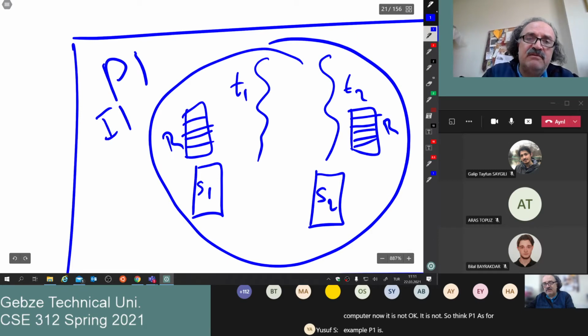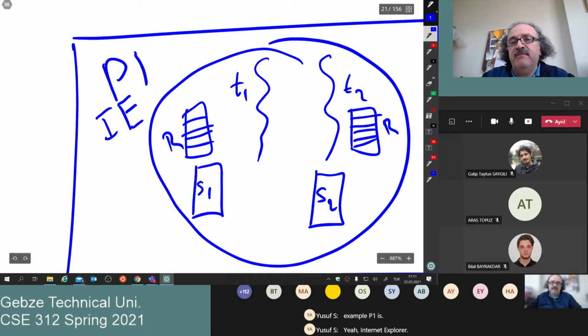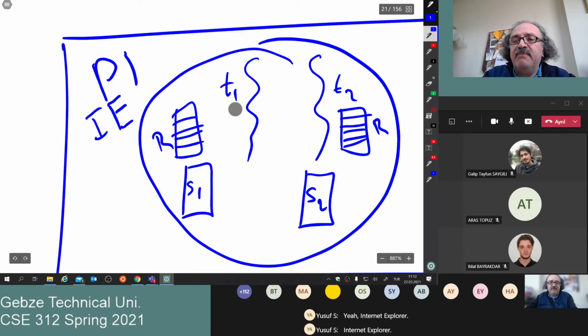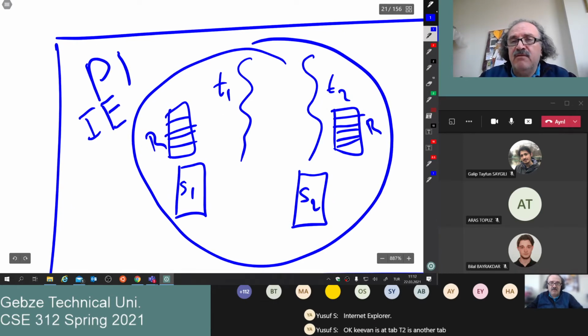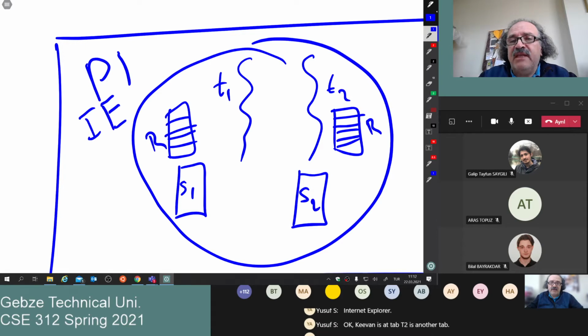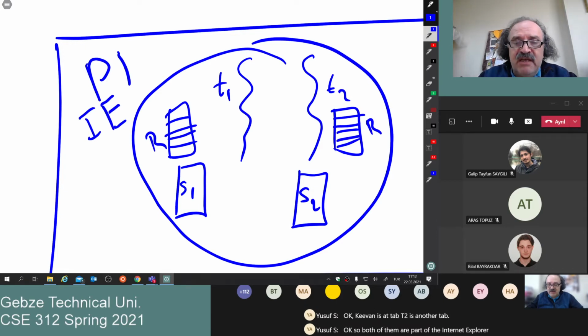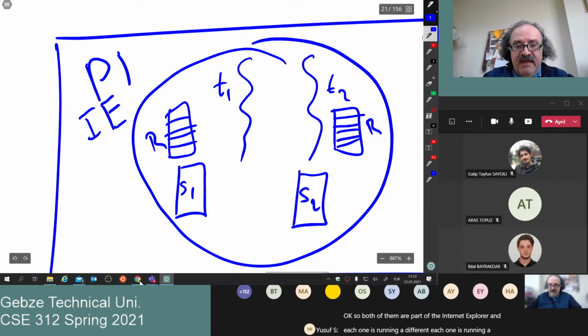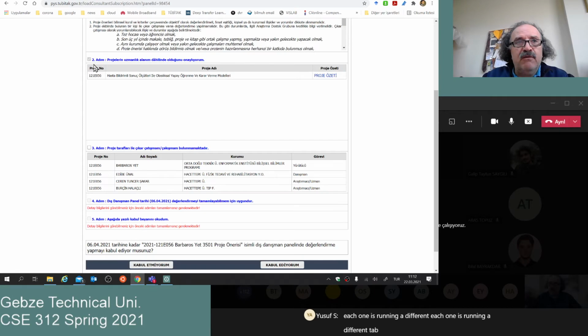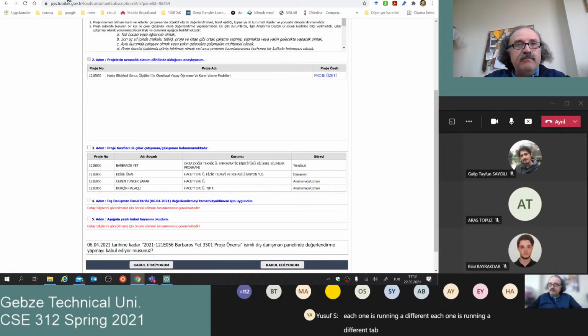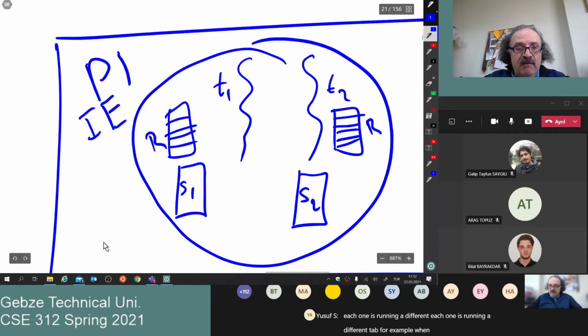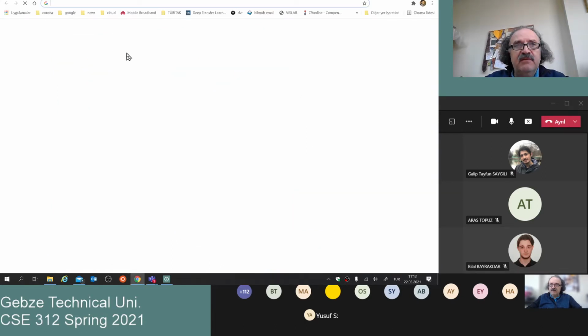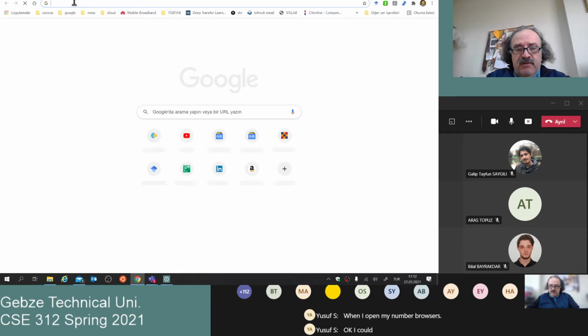Internet Explorer. T1 is a tab, T2 is another tab. Both of them are part of Internet Explorer, and each one is running a different tab. For example, when I open my Chrome browser, I could load one